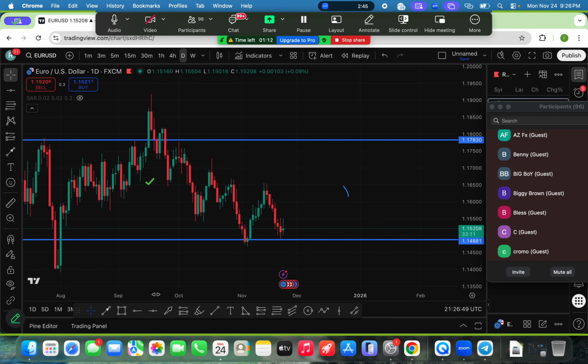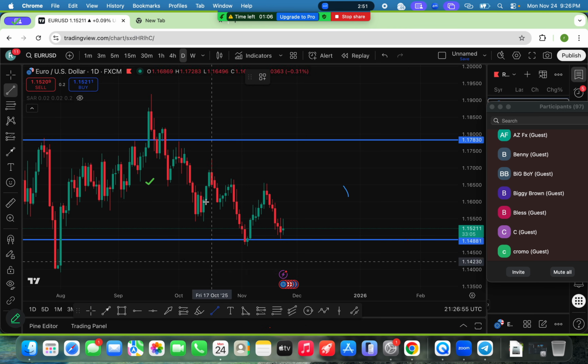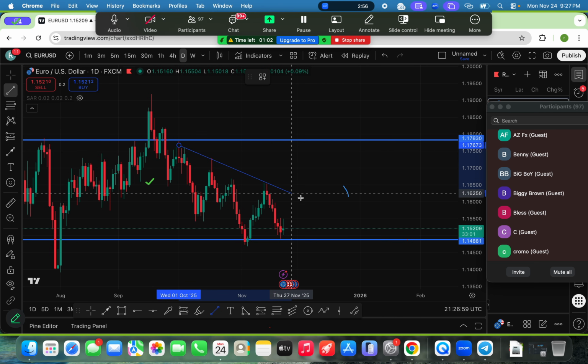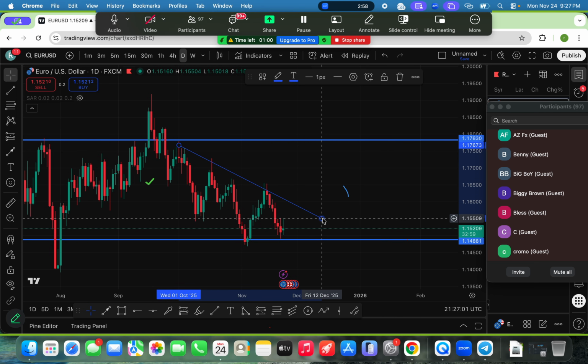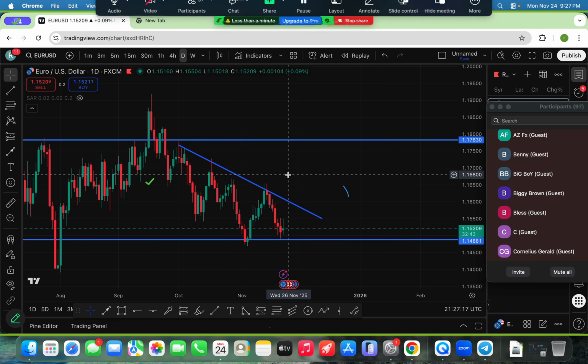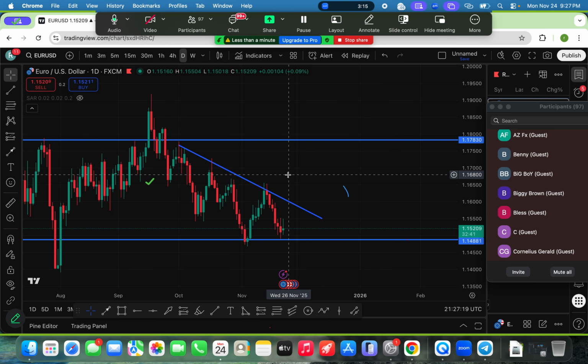So in the daily time frame, we only draw our trend line. And what do we use in drawing our trend line? The trend line tool. Do you get it? So what makes a trend line valid? What makes a trend line valid? Yeah, somebody says it's creating lower highs, lower lows. Yeah, that's market structure. If you know your market structure, you know it's a lower high, lower low.